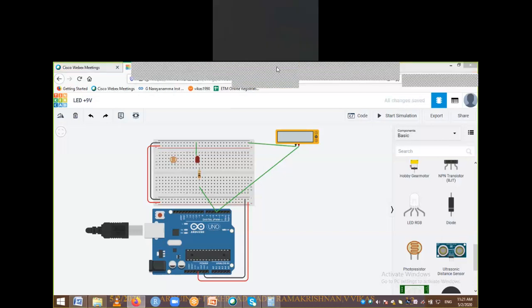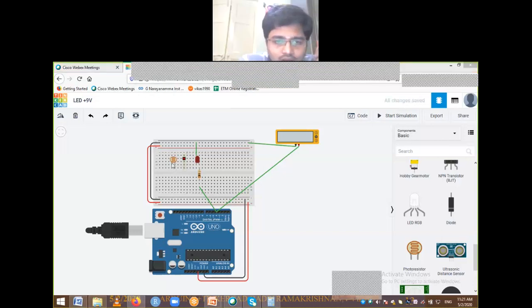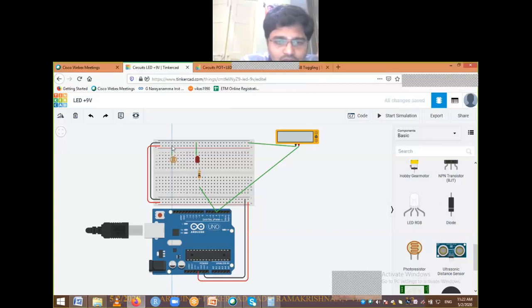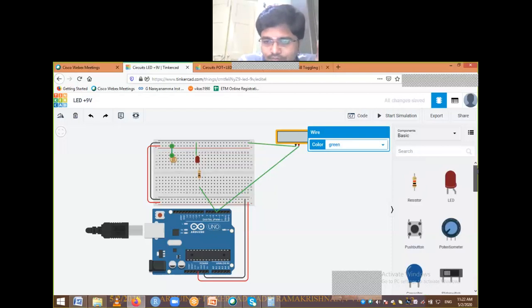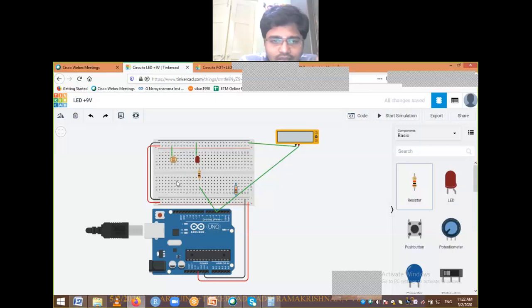I am keeping this particular terminal here, and I need to connect it to positive. For the other terminal I'll use a resistor. Drag a resistor and keep it over here.